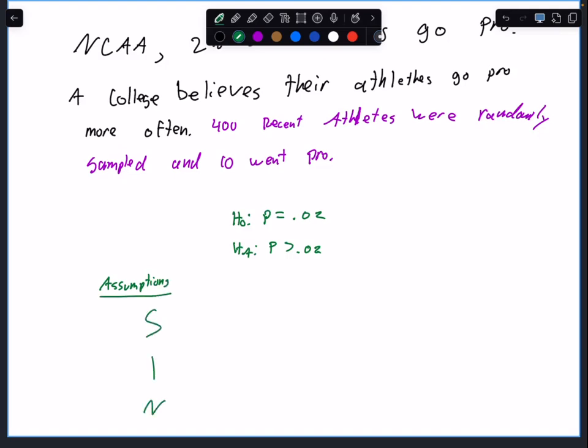S-I-N. Okay. Is the S satisfied? And if so, why? Is the first assumption satisfied? I see a nod, yes. The answer is yes, it is, because the sample is